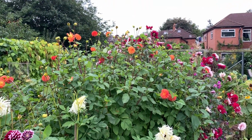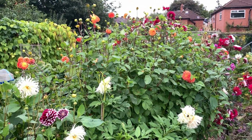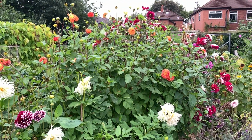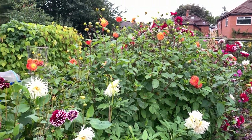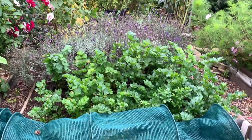Very nice. Our plot neighbour Rob loves collecting various flowers off his own plot, so he always pops over here and takes some of the dahlias. We're quite happy for him to do that because he also deadheads as he goes, which encourages even more new ones to come up. Down here,